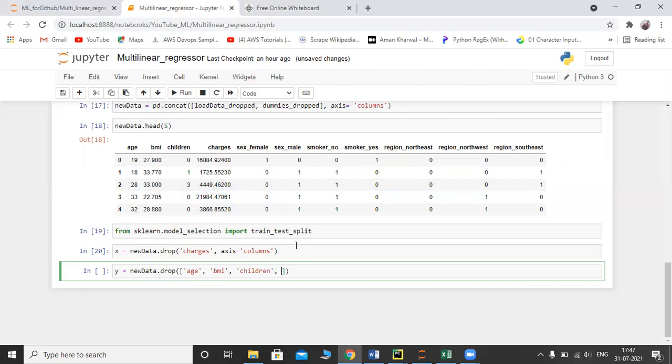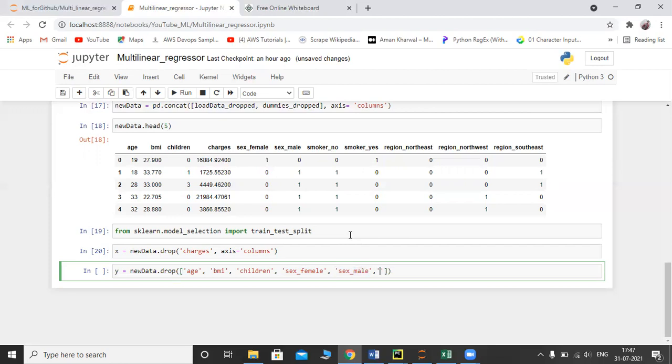And I want to drop gender_female and gender_male also.